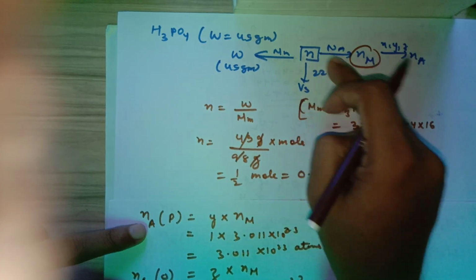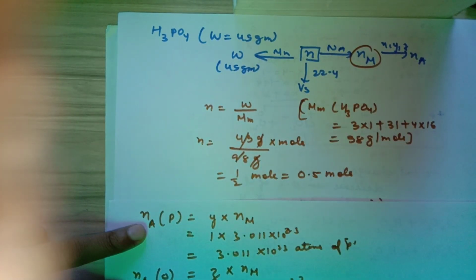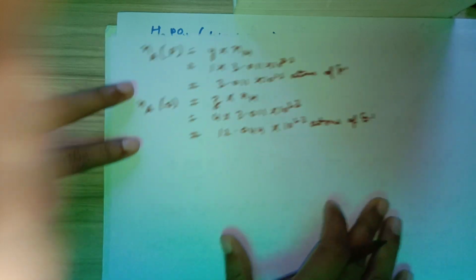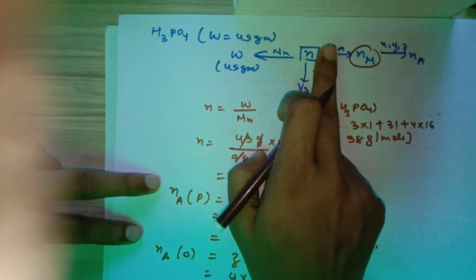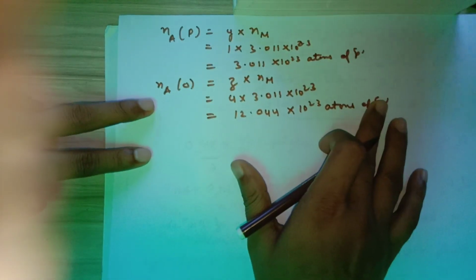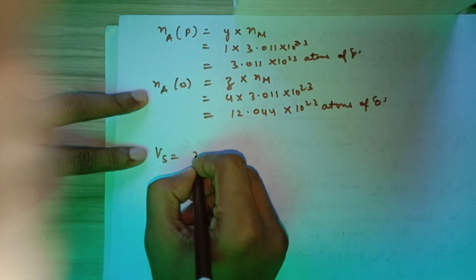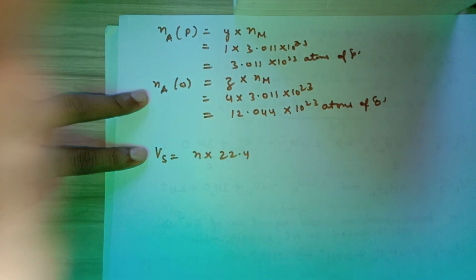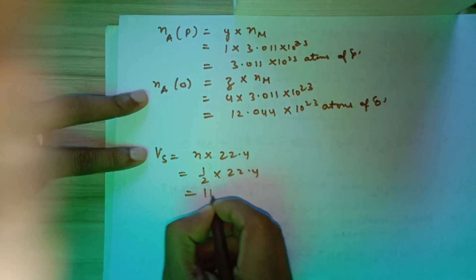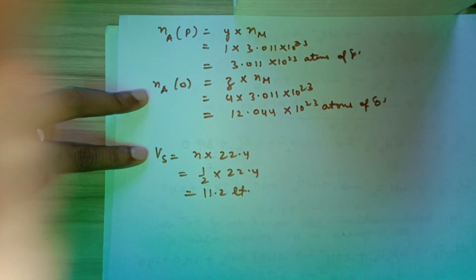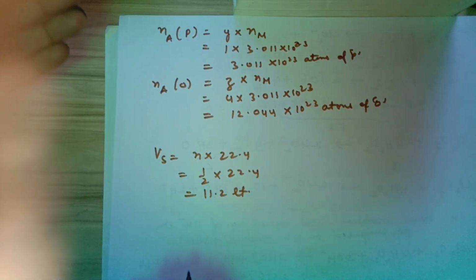Now we know the number of moles and we have to find the volume of substance, so it becomes easy. We know the number of moles is half, and we are moving away from the number of moles. So the volume of substance will be the number of moles into 22.4 from the given chart. So it will be half into 22.4, that will be 11.2 liter. So in this way we can find the volume of substance. This is the particular way to learn the mole concept from the given chart.